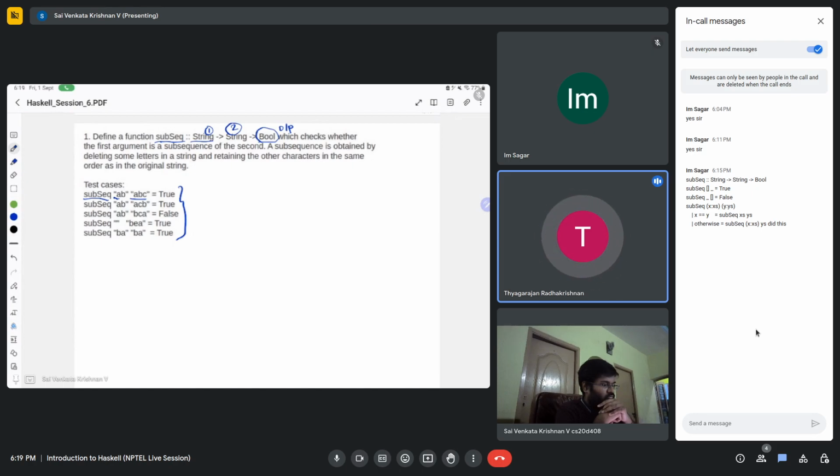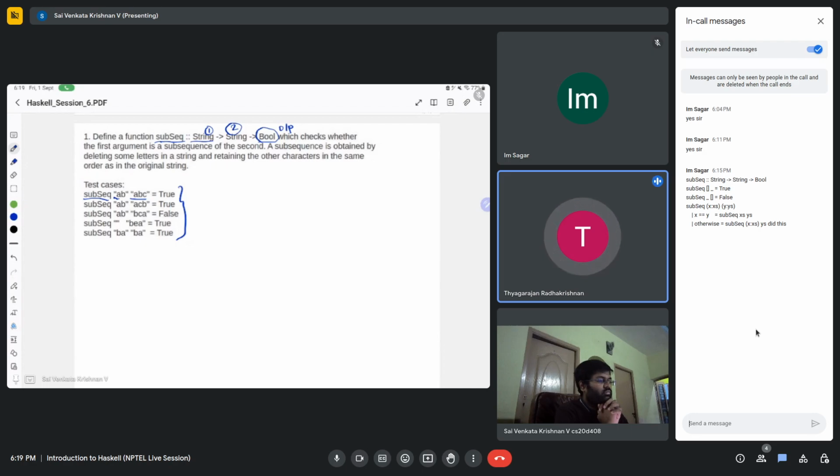So dropWhile of the function would be not equal to head of ss, and then we pass the string. So what we'll essentially get is, now we have checked for the first character. I mean, we go through the string until we find the first character, and then we can just